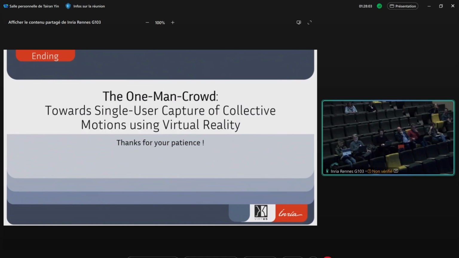So the question is, I'm not sure I fully understood the question because it was a bit long. For deep learning, you would need a lot of variety in the style of pedestrian locomotion. Doesn't that force you to have lots of different human capture? Yes, I would think so.